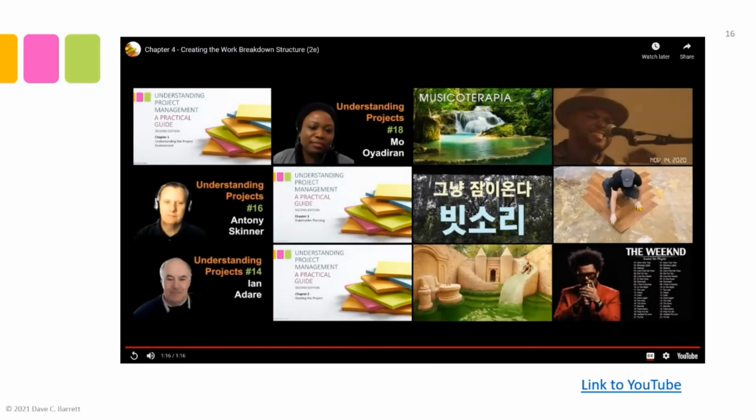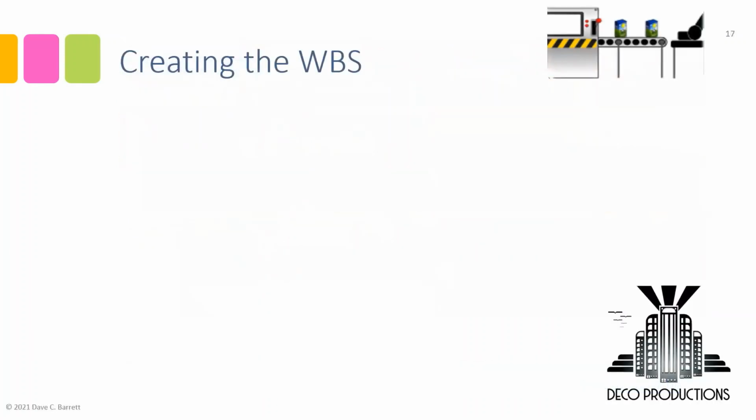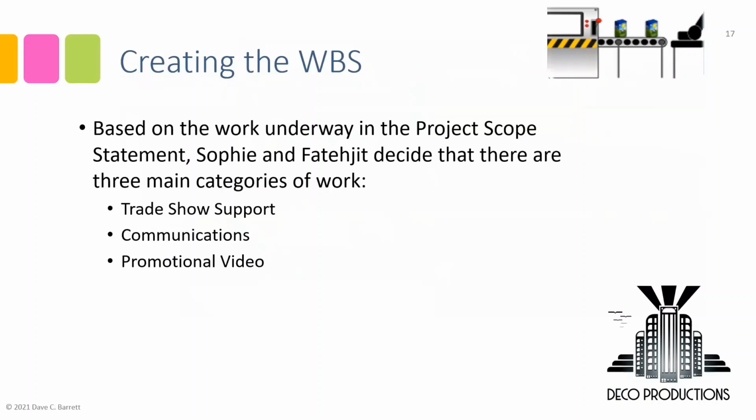Okay, so we just saw the work breakdown structure process in action. So let's talk about that now in more detail. Based on the work defined in the project scope statement, Sophie and Fatihjet decide that there are 3 main categories of work. So they looked at the deliverables defined in the project scope statement. And this is part of the design of a work breakdown structure. They said, okay, there's some of these that are